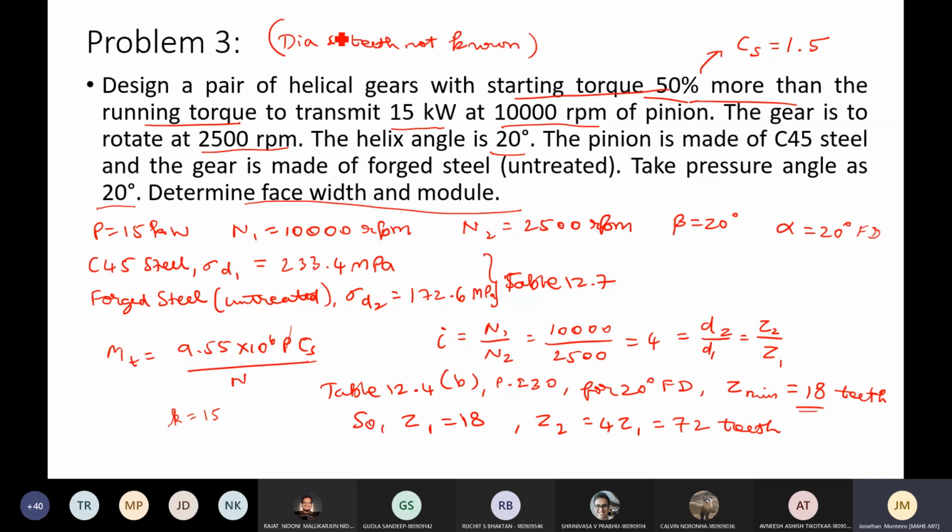There are also some cases where teeth is given and the diameter should not exceed some limit. Then these factors will begin to change, and you may have to change some assumptions that you made throughout your design. For example, you are designing a gearbox. Now Z1 is 18, and once 18 is set, you are free to choose any diameter. But suppose the diameter is locked, then you have to come back, choose Z and find a compromise, since diameter should not be very high and Z should not be very high either. Then what else can you change? You can go with changing this 15 value. Maybe you can take 12.5, 13, 13.5, 14, and so on.